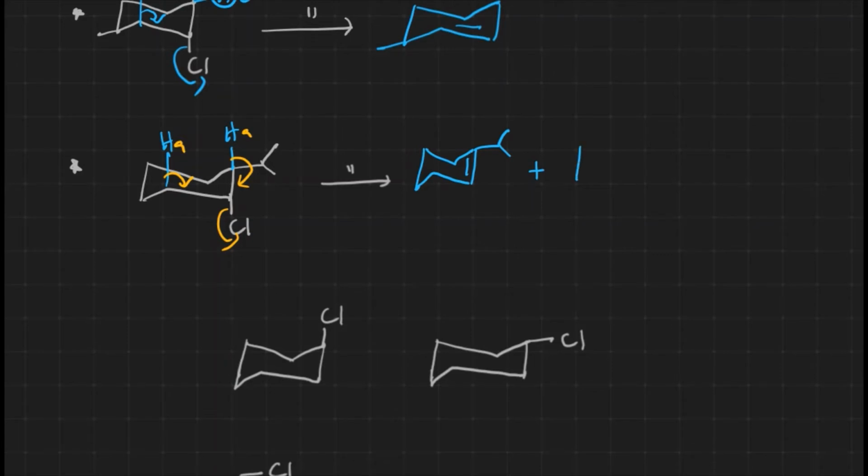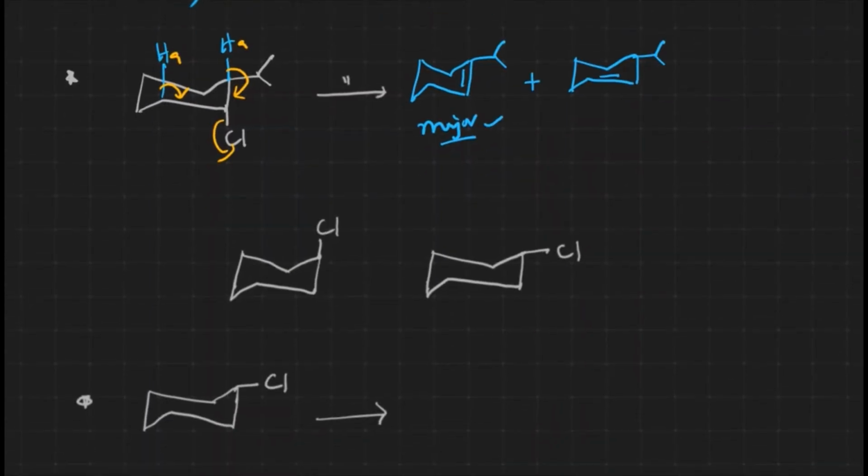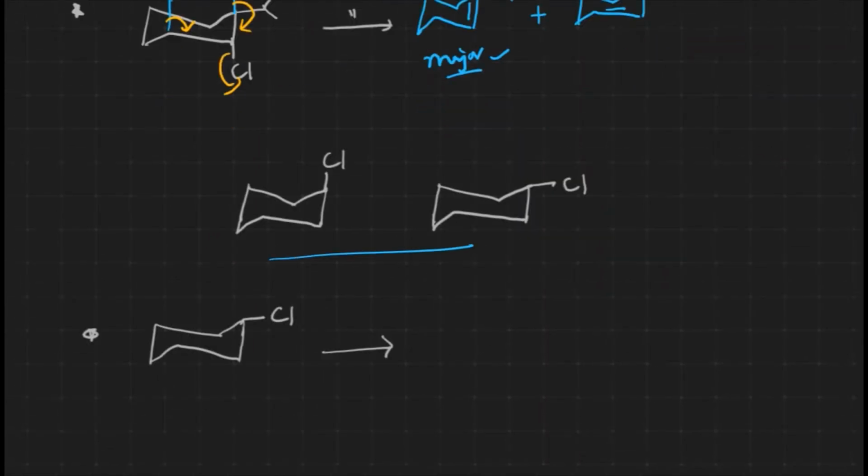This one and this one, which is going to be the major one. The internal one is going to be the major one for this reaction. Now out of these two, which is the most stable configuration? Generally we will be having hydrogens at the axial positions, right? Because of which diaxial repulsions will take place when a bulkier group is there at the axial position. Because of which we can say the second one is most stable, because the bulkier group is located at the equatorial position, right?